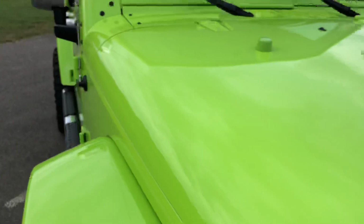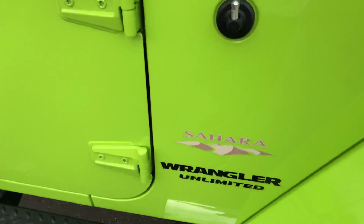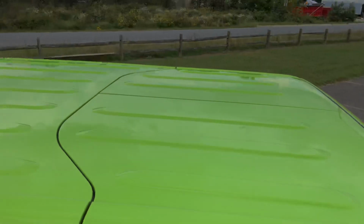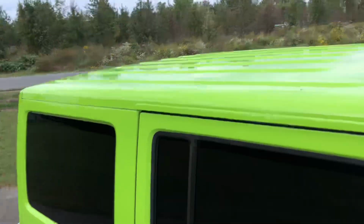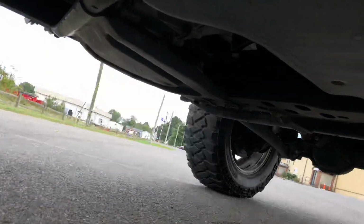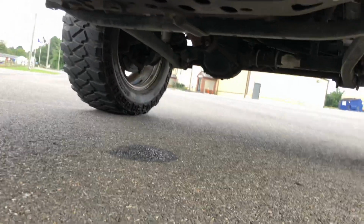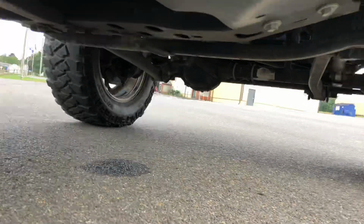So here it is. A few small spots on it, guys. It's a Sahara Edition Wrangler Unlimited. 4-door T-tops. There's the top right there. The undercarriage, you guys love it when I show you the undercarriage because I'm not hiding anything, and here we go. Boom! Right there. That's not any puddle of oil or antifreeze. All it is, guys, is AC. I'm sweating my balls off out here. That's all it is. See how clean underneath is? Look at that. No rust, nothing like that. Frame's in great shape,